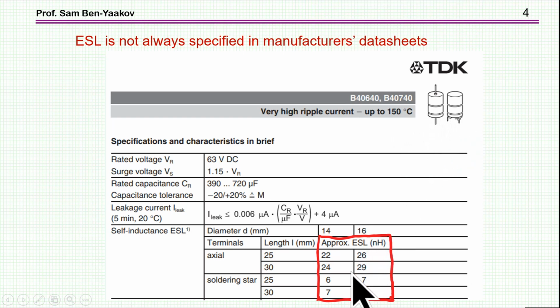And here we have this inductance, ESL, for different sizes because depending on the capacitance you have different sizes. So say for a length of 30 millimeter and a diameter of 16 millimeter, it's about 30 nanohenry. This will be for the axial capacitor. For the soldering star, it's between 6 and 8, say here it's 8, so there is quite a difference between